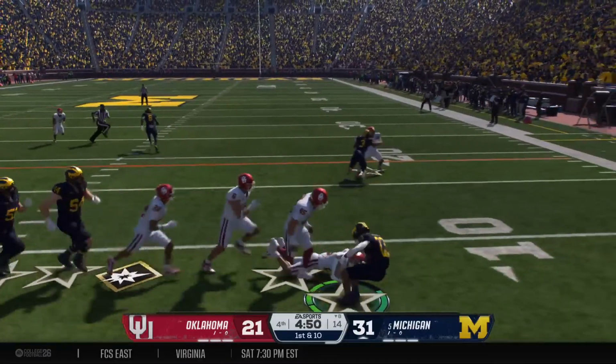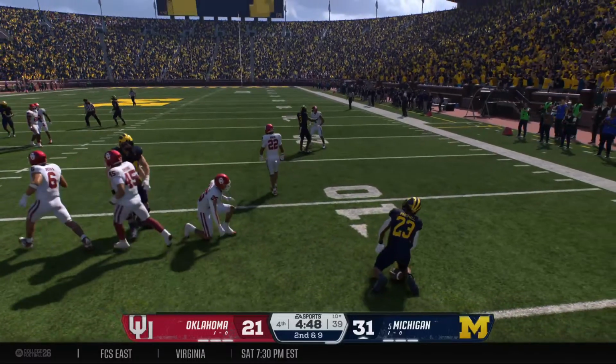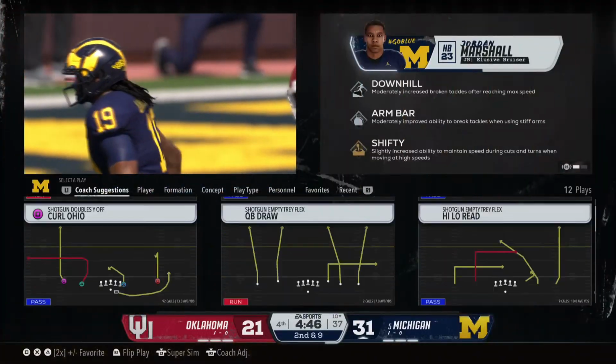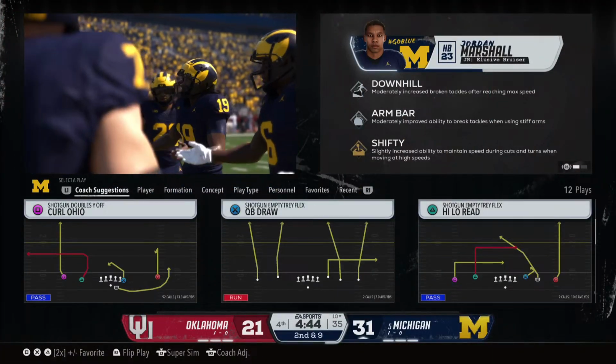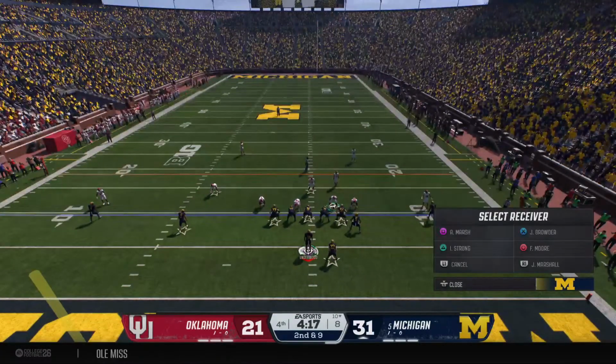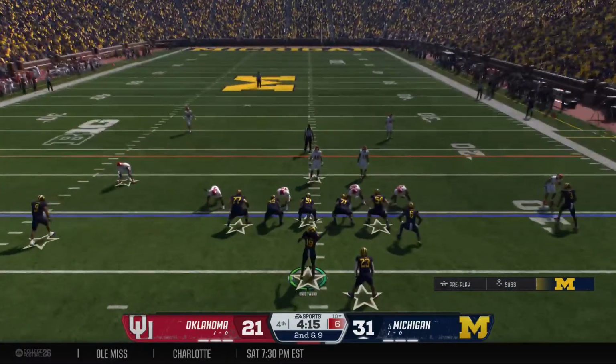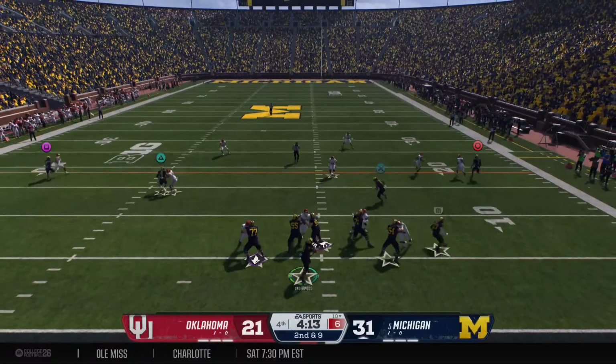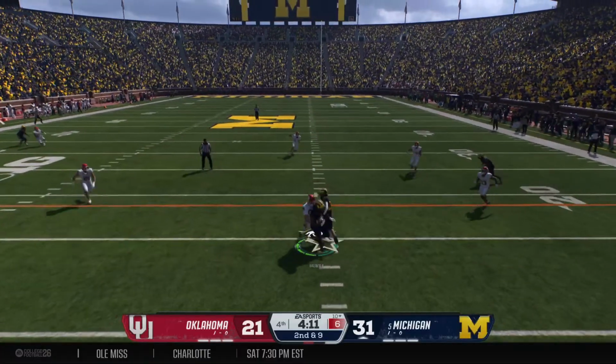Jordan Marshall trying to hit the edge. Only gets 2 yards on the game. They'll spot it at the 10. At this point of the game, the offense has the lead, and the offensive coordinator knows they want to keep running the football. So he's going back, he's looking at his playlist, and he's saying, which runs work the best for me in this game?